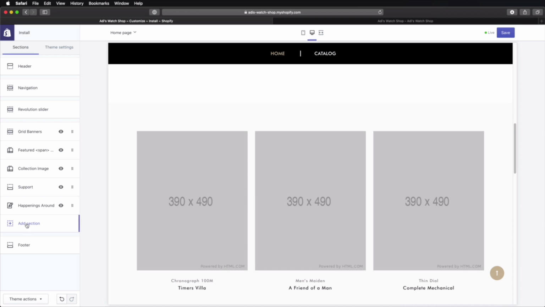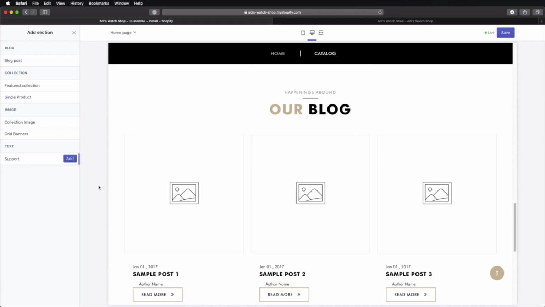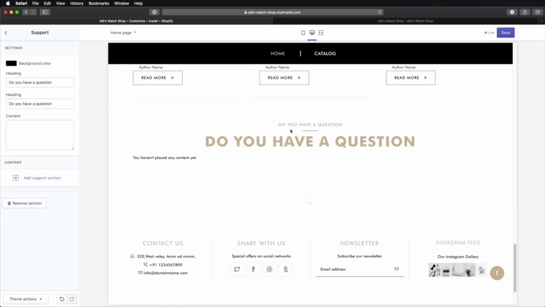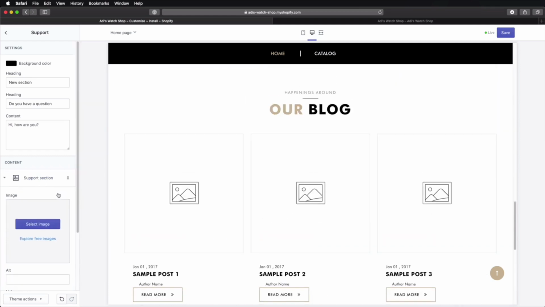Well, you would go here, add section, and you can find the available sections you can add for this particular theme. Let's say I want some text. You just click that, add, and it looks like this, right? It has a subtitle, a title, and some content. And here for content, you can actually add